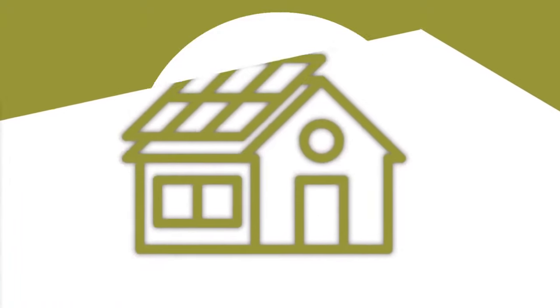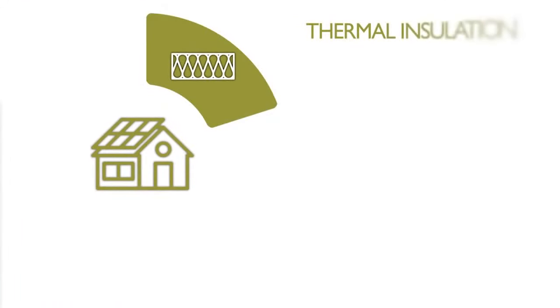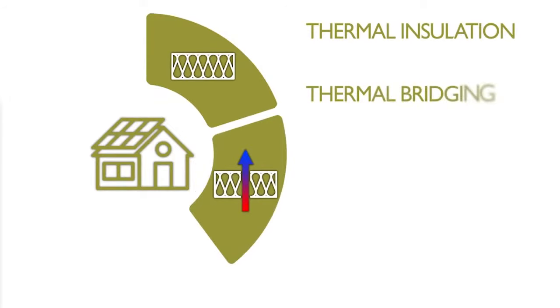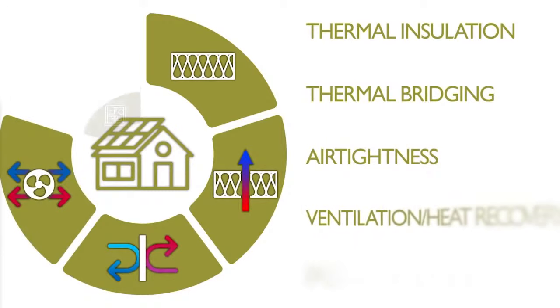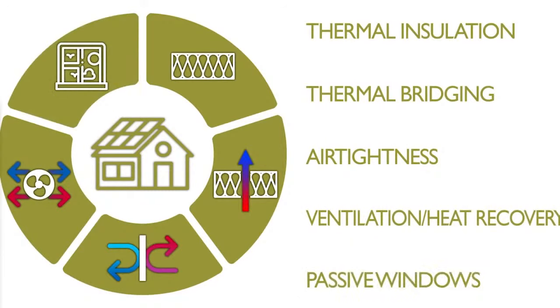There are 5 basic passive principles: thermal insulation, thermal bridge free design, air tightness, ventilation with heat recovery, and Passivehouse windows, or more generic, high-performance glazing. The purpose of designing according to these principles is to minimise the energy inputs required to maintain a comfortable indoor temperature. Ideally, the space heating and cooling energy requirements can be reduced to the point that passive sources such as solar gain and heat from the building occupants are sufficient for most of the time.